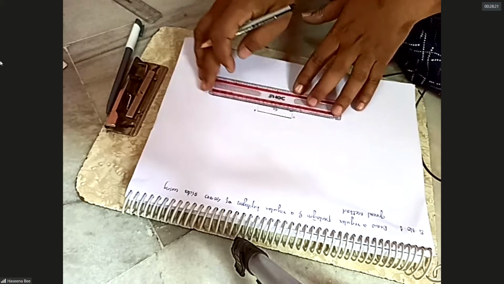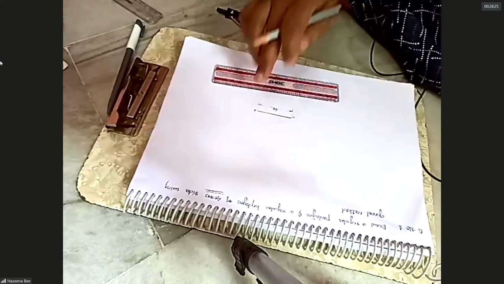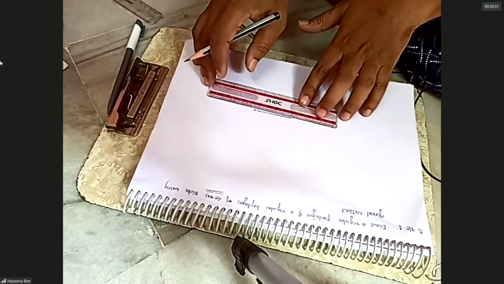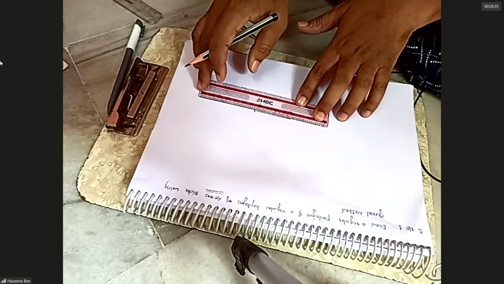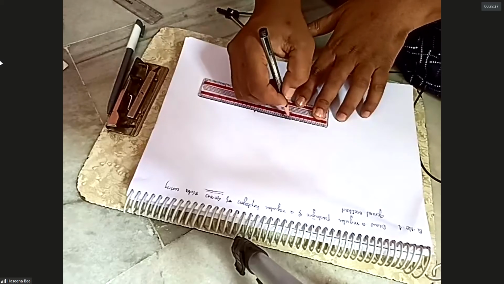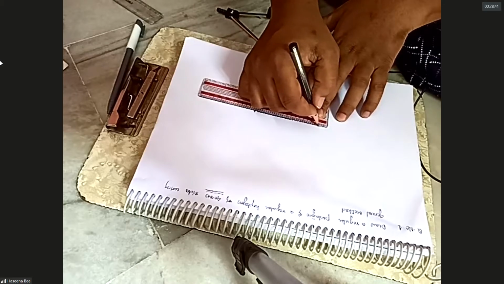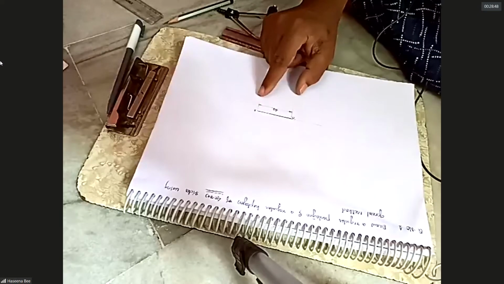First, we need to draw a length of 40 mm, which is given in the problem. The same length you have to take. If it is 40 mm, we take 40. If it is 30, we take 30. Now, the same length we need to extend on the other side, that is the left hand side. See here, that length I'm taking with a light line. You can see the difference between these two lines. This is my question, which needs to be dark.